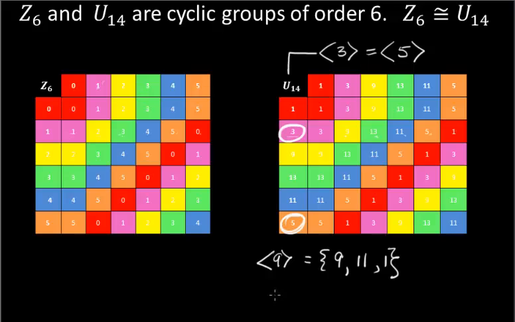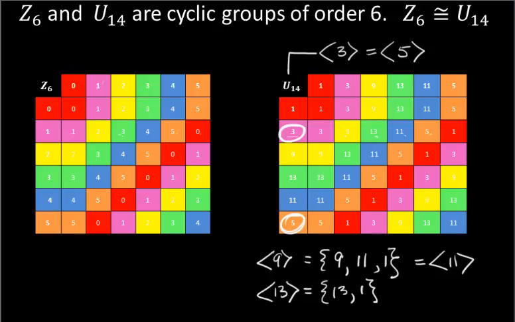9 generates a subgroup, as we proved on that test, a subgroup of order 3. Well, how about 13? Let's see the subgroup that it generates. We'll put 13 in. Now 13 squared, oh, we're to 1 right away. So 13 generates a little subgroup of order 2. And 11, if you do it, you will see that 11 also generates the same subgroup that the element 9 did. You'll find exactly the same thing in this group. You will have a subgroup of order 3, a subgroup of order 2, and the group itself, which is cyclic,